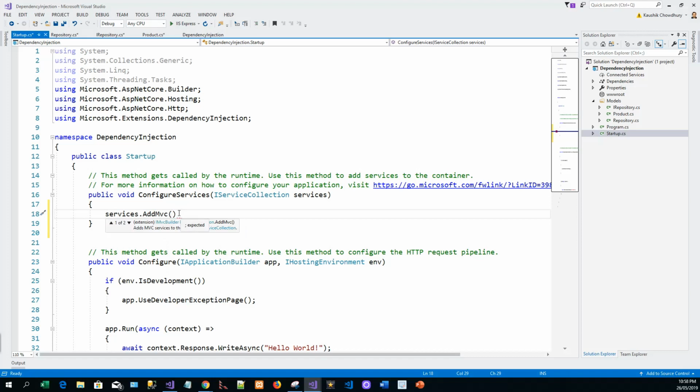So there is an AddMvc method straight away, which adds MVC services to the specified IServiceCollection. Okay, so I'll just add this default overload. So services.AddMvc. Right. Now